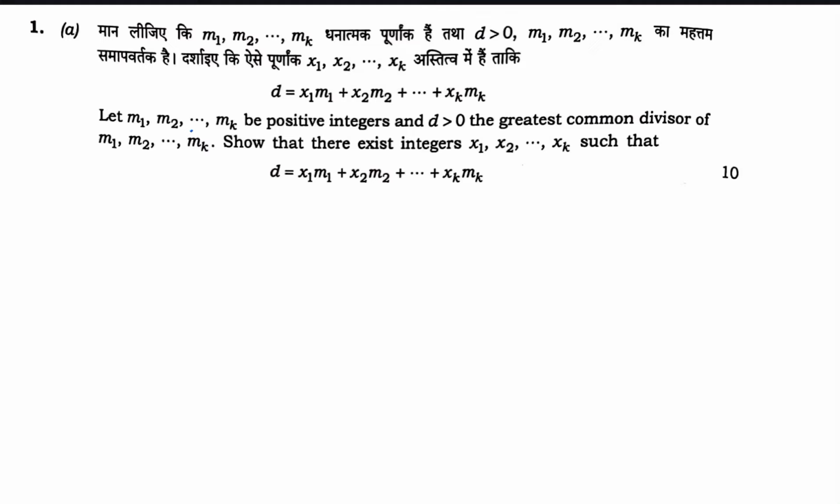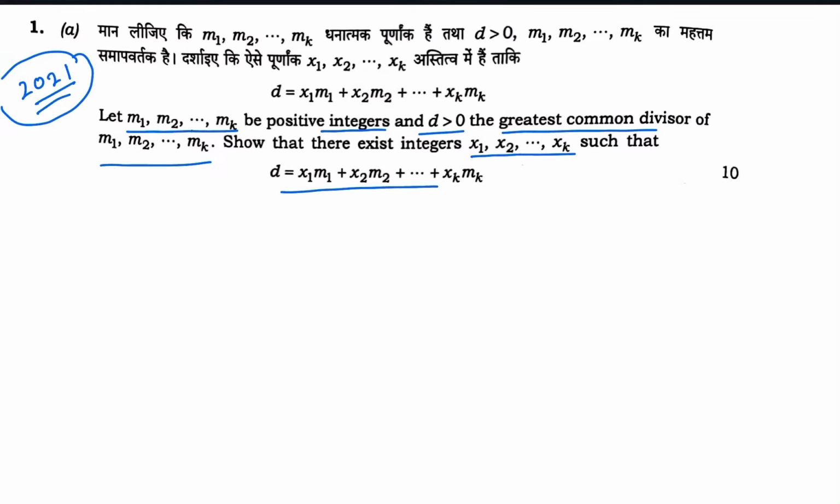Let us discuss the 2021 group theory question of Civil Service Examination Mathematics Optional Paper 2. It says that let m1, m2, ..., mk be positive integers and d greater than 0 be the GCD of these integers, so that there exist integers x1, x2, ..., xk such that d can be written as a linear combination of